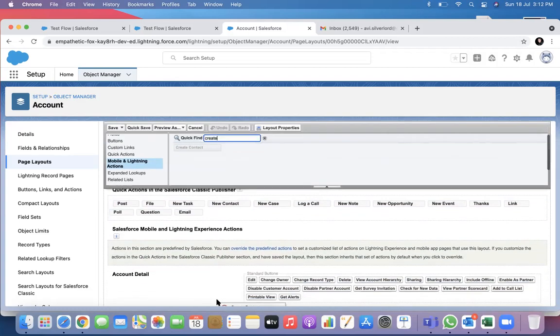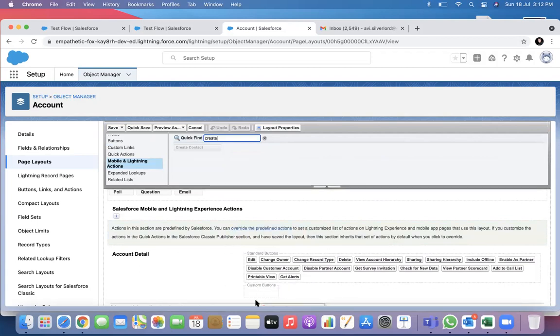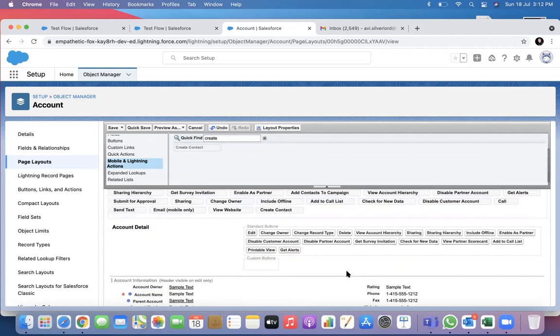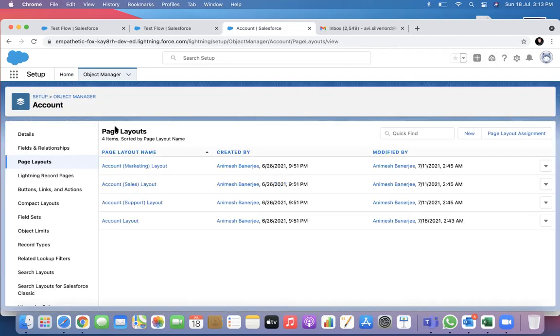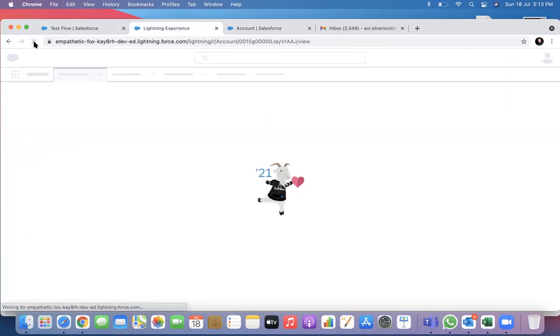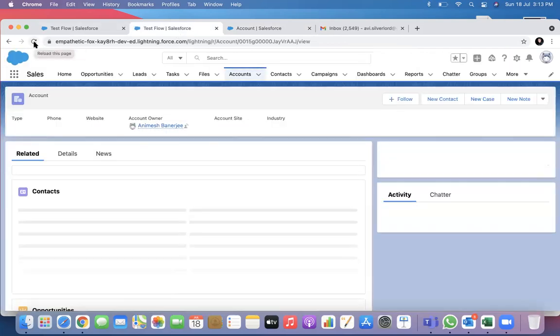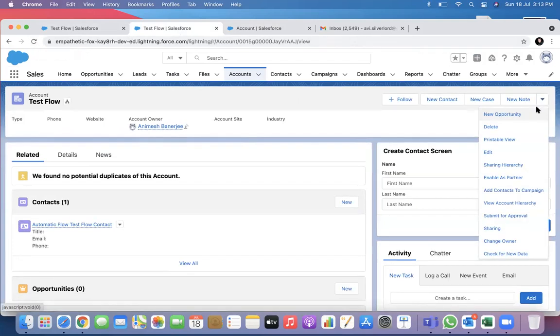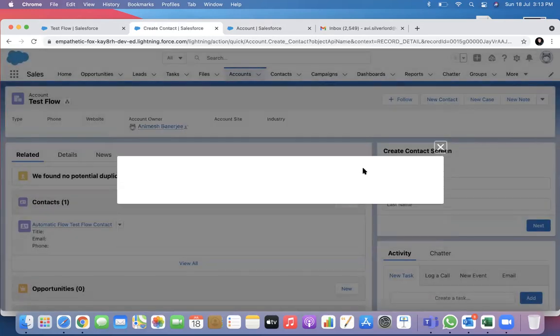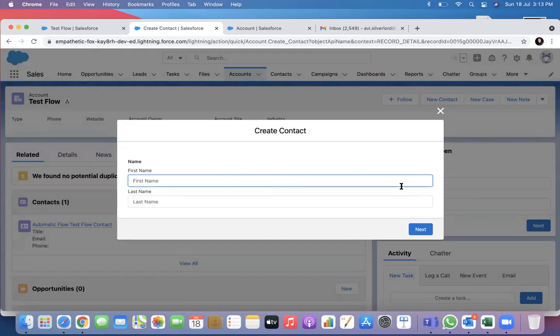So I have to override this part and I have to drop this here. And if I save it,